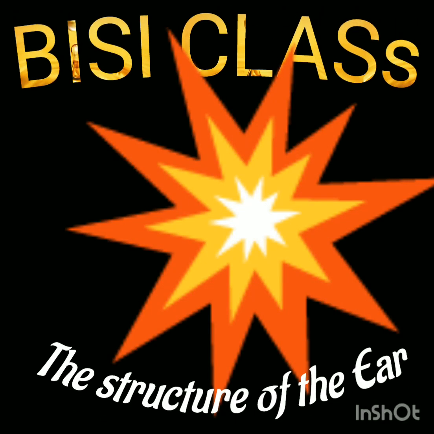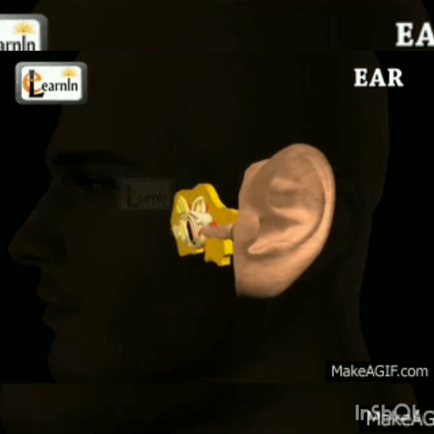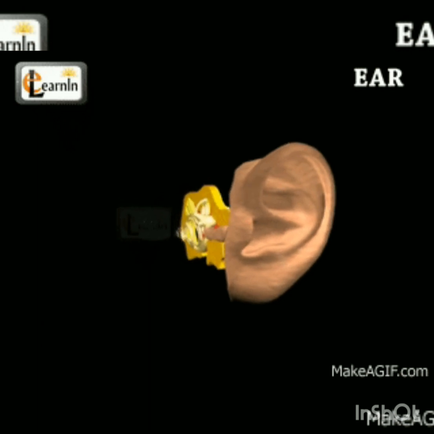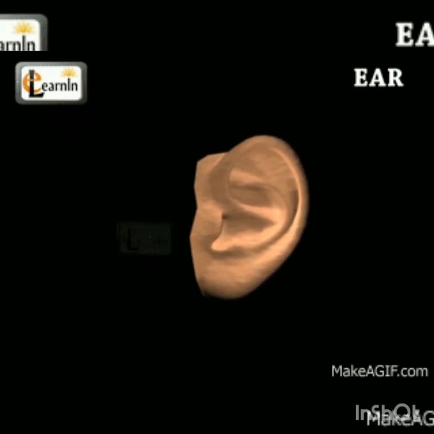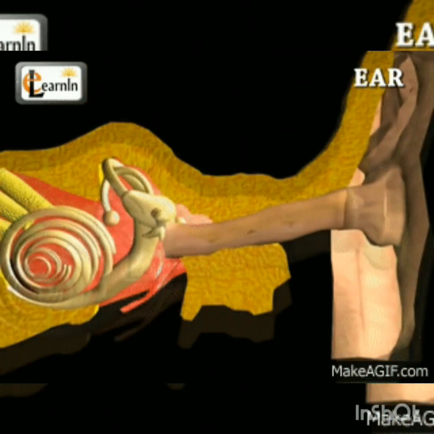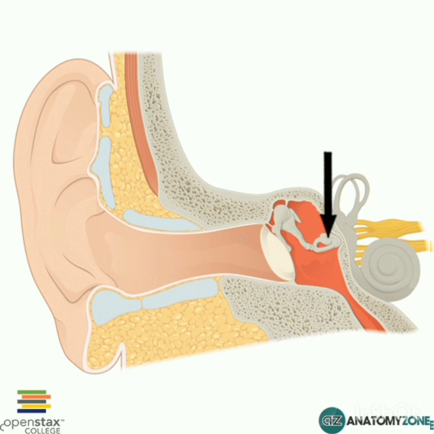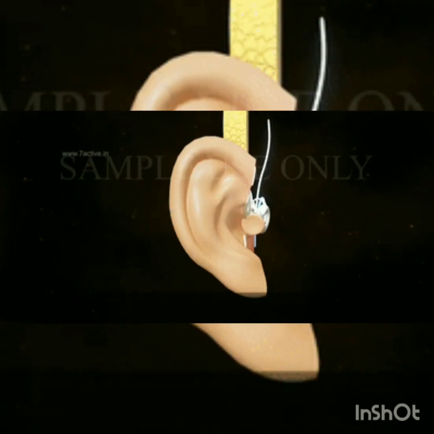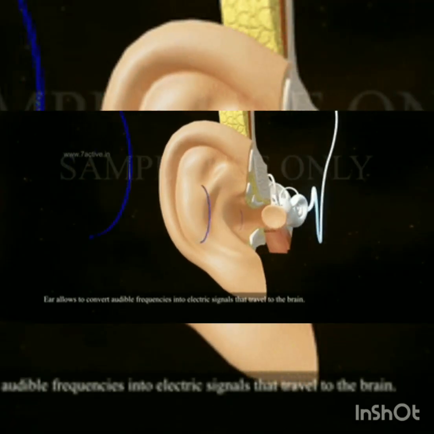The structure of the ear. The ear is mainly seen in anatomy year 1 semester 2, and it is seen under the special senses. So the ear is a special sense for hearing. We want to see today in the base class what is the structure, how is the structure of the ear